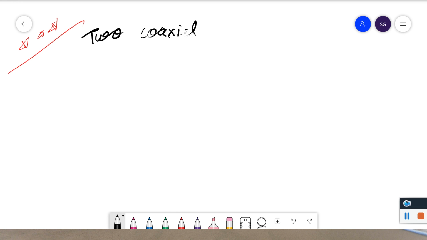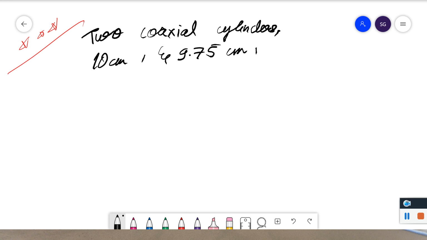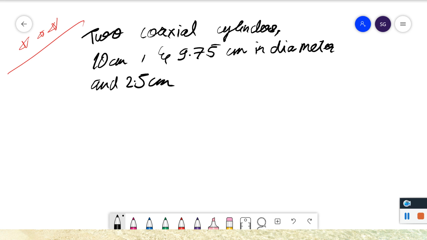Axial cylinders 10 centimeter and 9.75 centimeter in diameter and 2.5 centimeter high have both ends